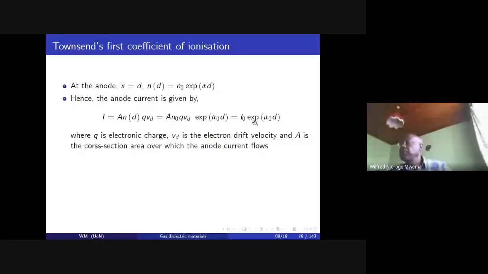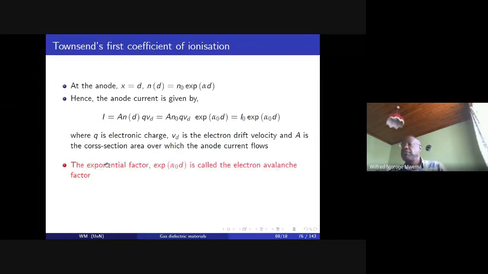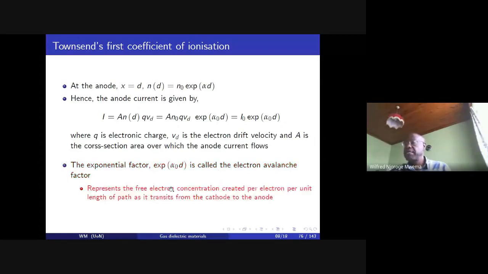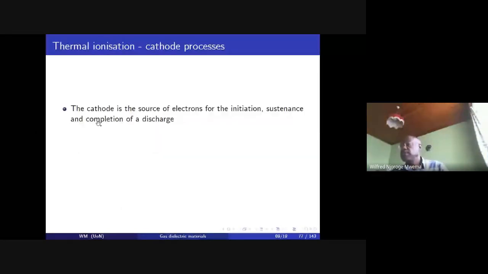So Q is the electronic charge, Vd is the electron drift velocity, and A is the cross-section area over which the anode current flows. So the exponential factor, exponent of alpha naught D, is therefore called the electron avalanche factor, and it represents the free electron concentration created by an electron per unit length of path as it transits from the cathode to the anode. So the cathode is the source of the electrons for initiation, the sustenance of, and the